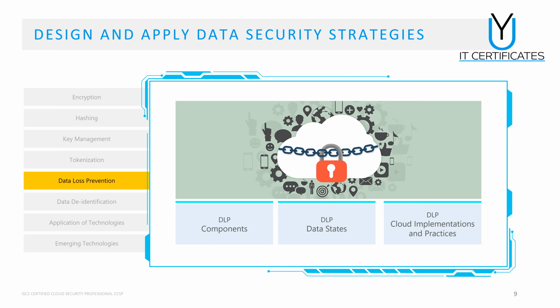If you have data in transit over the network, you have DLP components that monitor the network traffic. And if you have data in use, where an application or a system, for example a database, is used by a specific application, then again you must have a DLP agent to protect this data from being